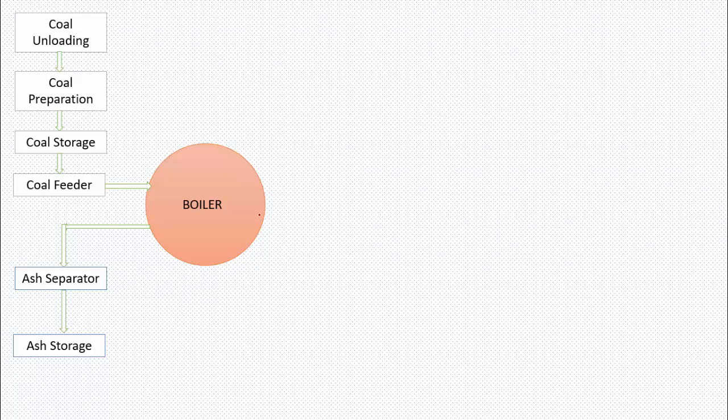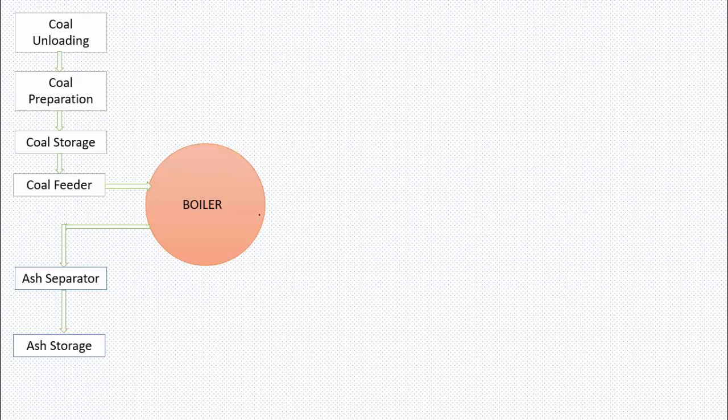That feed water has to be supplied into the boiler. In terms of output, the boiler will give the coal as the ash, the air as the flue gas, the water as the steam. These all are the inputs and outputs of the boiler, based on which those four circuits are developed. First thing, the coal has to be given into the boiler and it will be converted into ash. Second thing, the air has to be given as input to the boiler and the air will be converted into flue gas. Third thing, the feed water will be converted into steam, right?